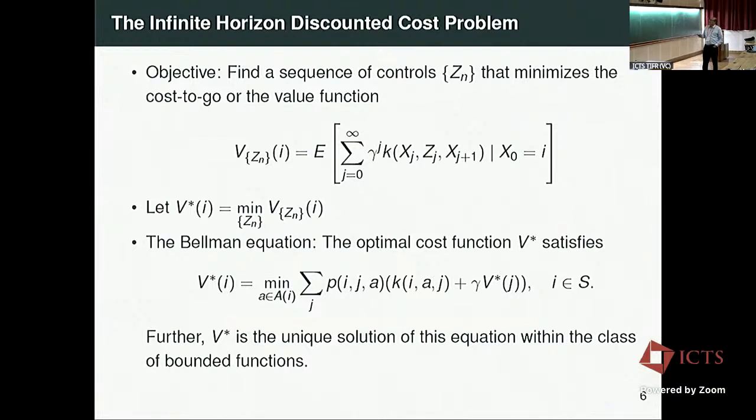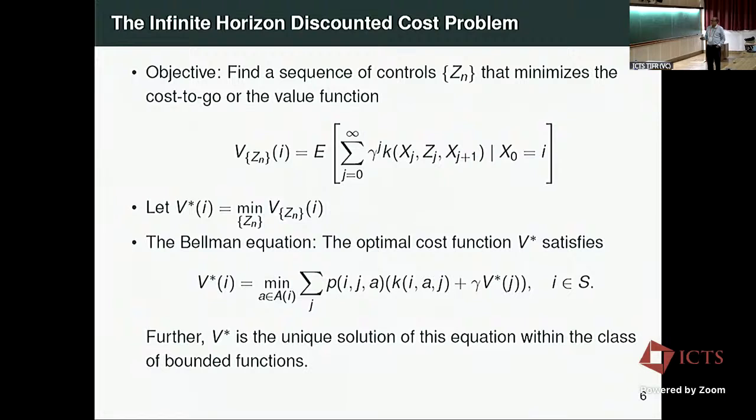So this is one of the objective criteria, and this is what we use here. The idea is that we wish to find a sequence of controls, the sequence Zn, that minimizes the value function. The value function is defined in this manner: given any initial state I, conditioned on X0 being I, you look at the expected sum of the discounted costs. Gamma is a discount factor that takes values between 0 and 1, but less than 1. And V star of I would be the minimum over all such sequences Zn of V^Zn of I. And then there's